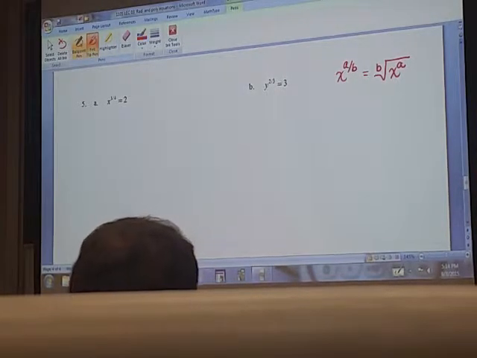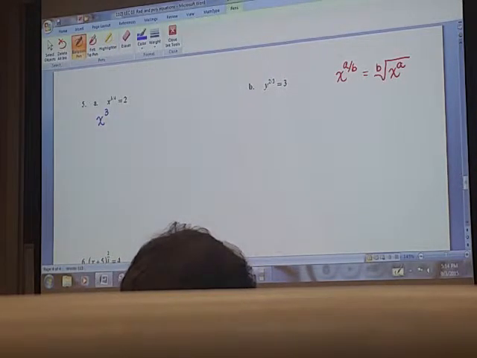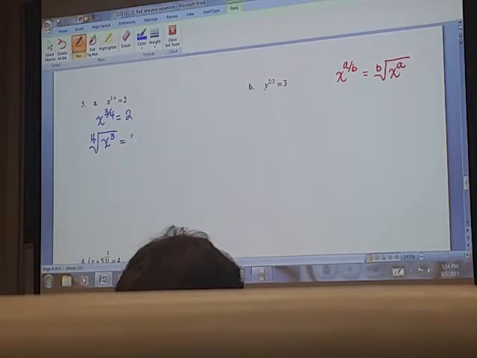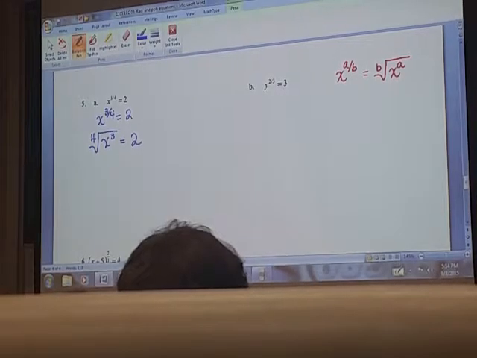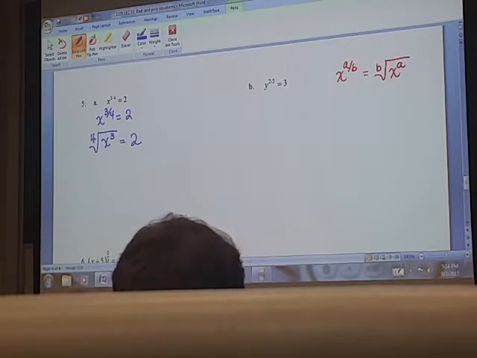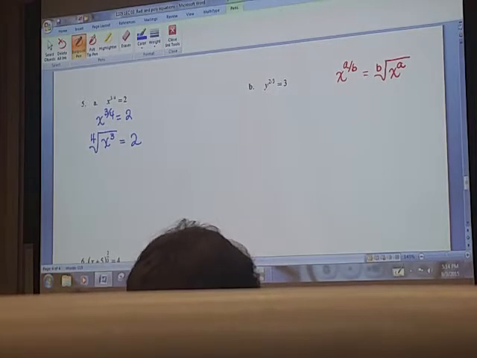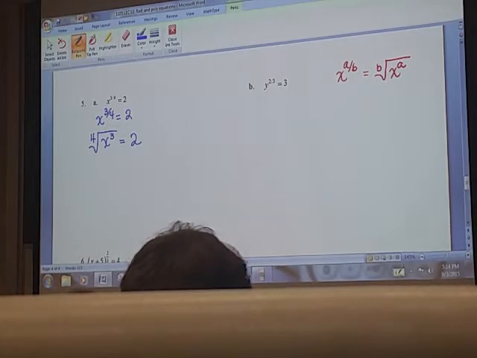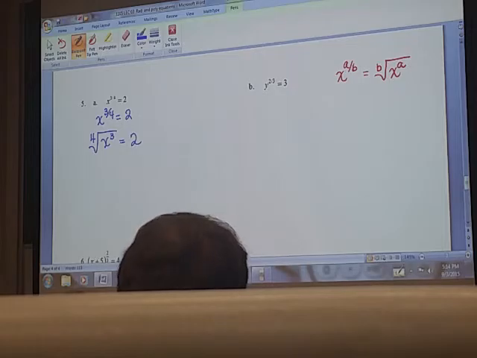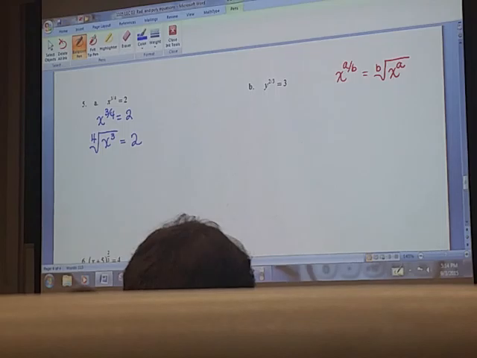So for example, it's kind of hard to see these numbers, I know. This is x to the 3/4 equals 2. If I were to write it in radical form, it would look like that. The denominator is the index of the radical, and the top number is the power. So if you think that would make it clearer, you could actually write it that way, because now it looks like the same radical problems we were doing. So how would I get rid of the fourth root? Raise to the fourth power, right? If I have a square root